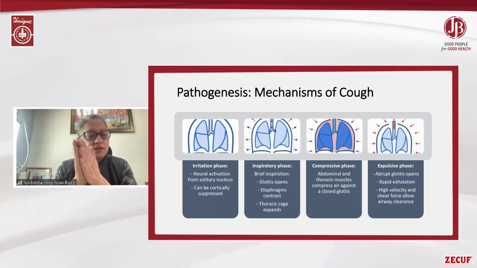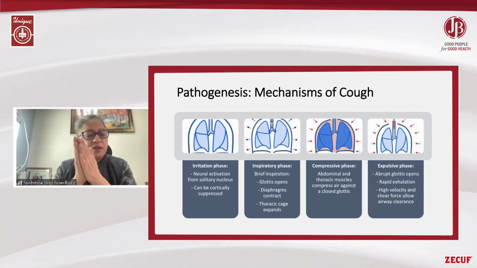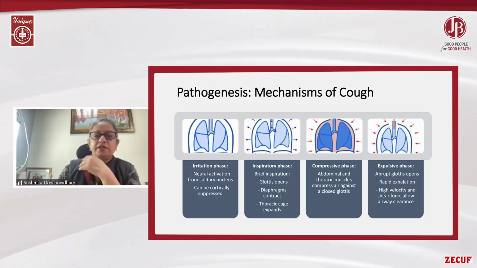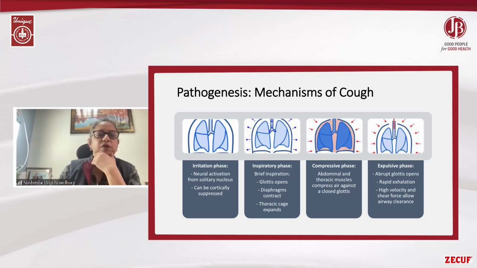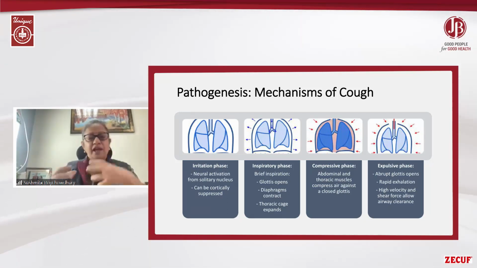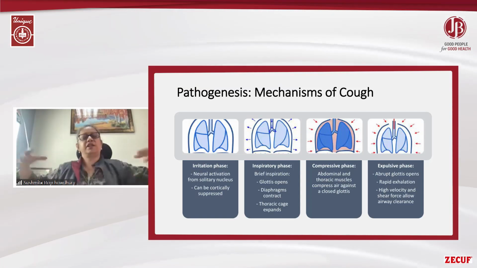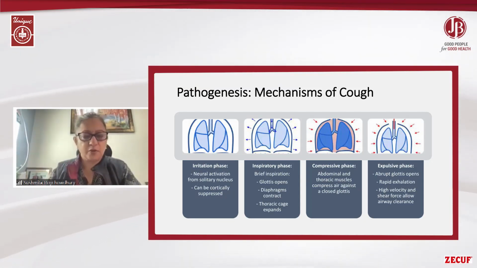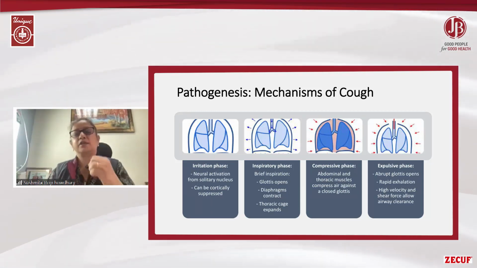First of all is the irritation phase, where the neural activation from the solitary nucleus is done, and this can be cortically suppressed. The reason we have to know this is, where is the cough originating and how can you suppress it? In the inspiratory phase, what happens? There's a brief inspiration where the glottis opens, the diaphragm contracts, and the thoracic cage expands. This is very quickly followed by the compressive phase, where the abdominal and thoracic muscles compress air against a closed